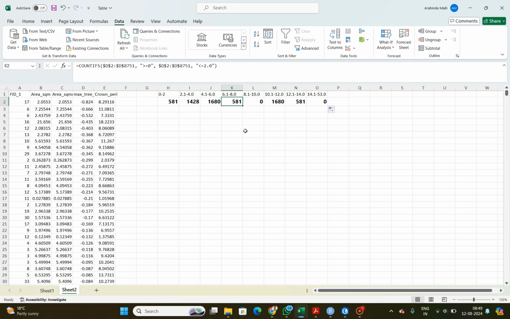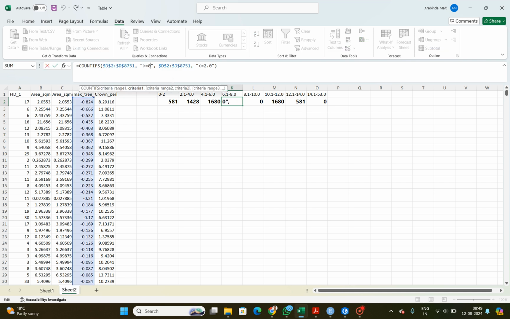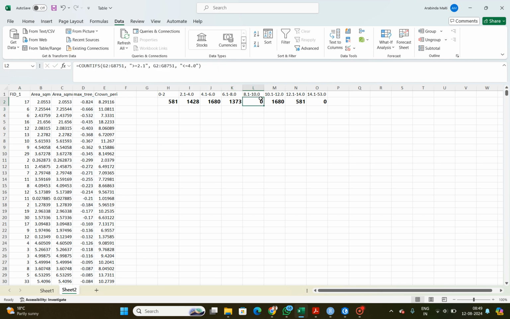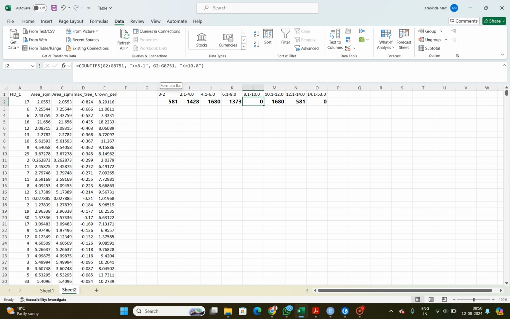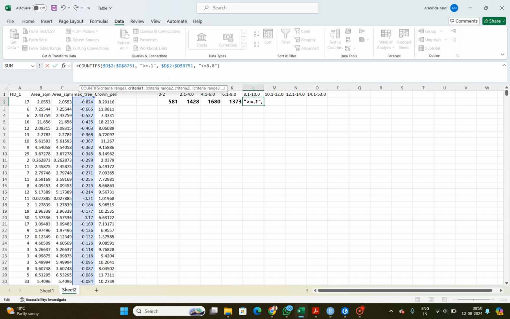let's see. So let's say this will be 6.1 to 8, this will be 8 to 10. Change this column name, just delete them, just copy then paste, and then 8.2 to 10. Okay,